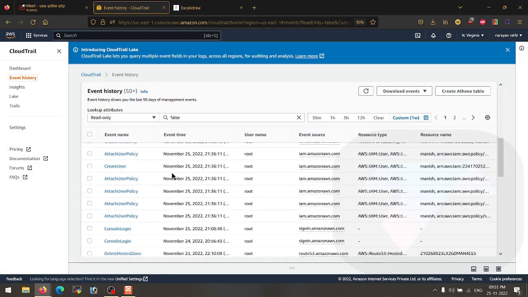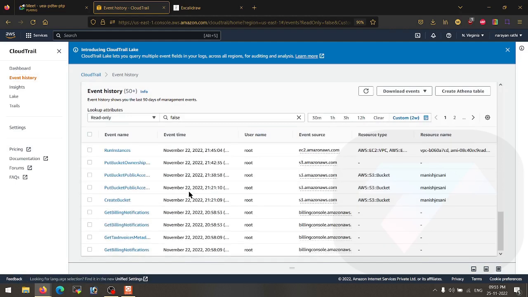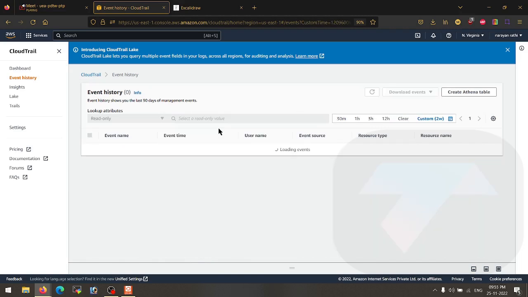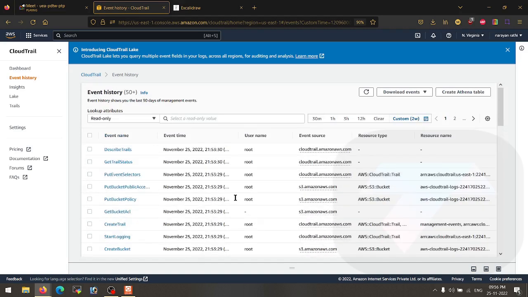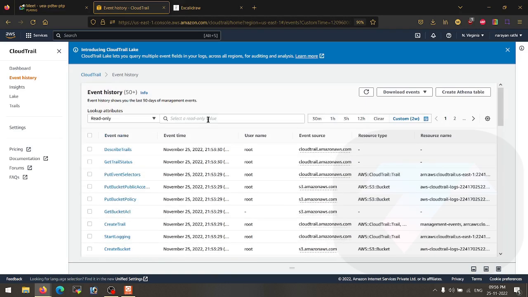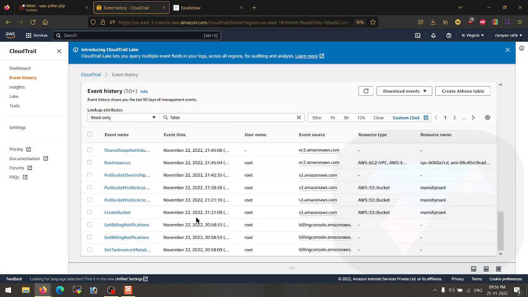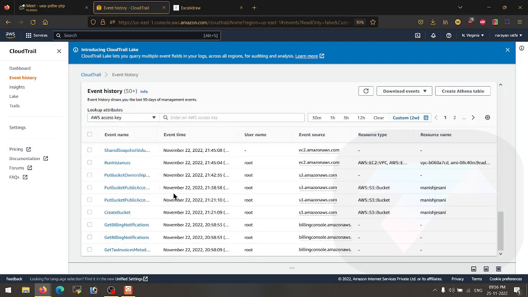Now if you click on events and if I select the custom 1 week or if I select the 2 weeks here, even still I won't be able to access more than the 22nd of November, right? If I just remove this false, let's see how long I can get this. 2 weeks is mentioned here. Nothing is more than the 25th. And if I select the false here, read only false means that it should not be read only. Then you will get the 23rd. And if I just key AWS access key, where the access key is used,